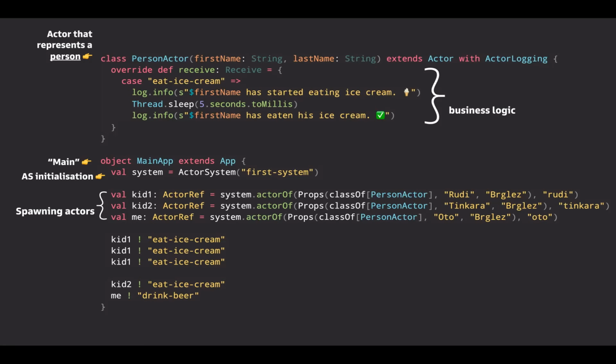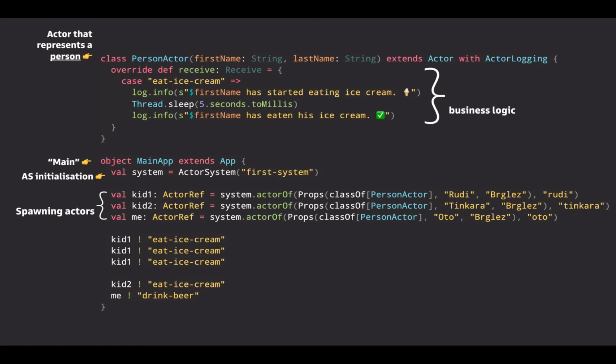Now, actors communicate only through immutable messages. So an actor is isolated in a way that it can only communicate with the outer world by receiving messages and sending messages back.